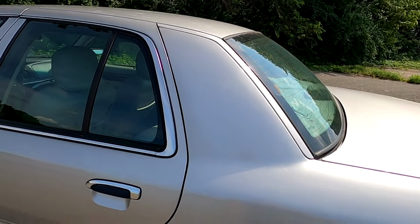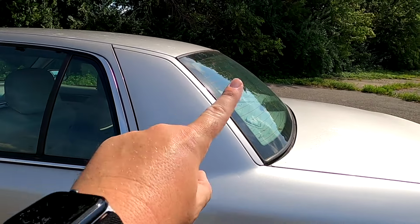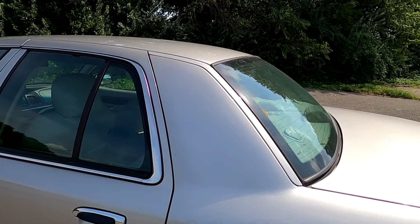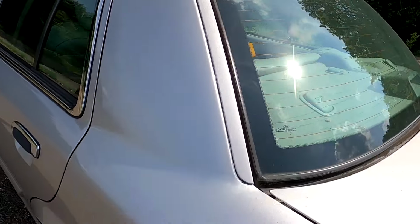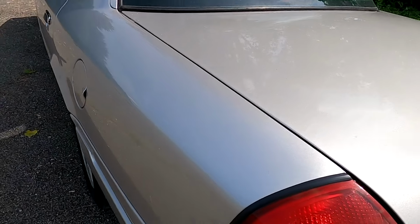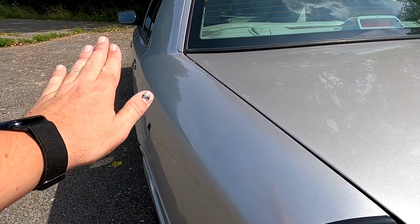The Crown Victoria actually had a window here, and of course the Town Car had a much more rounded C-pillar, kind of resembling a Bentley. Now instead of chrome, there's a body color piece of plastic that runs down the window trim there, runs down the trunk lid. Nice little beveled edge here with this sharp body line that goes entirely down the length of